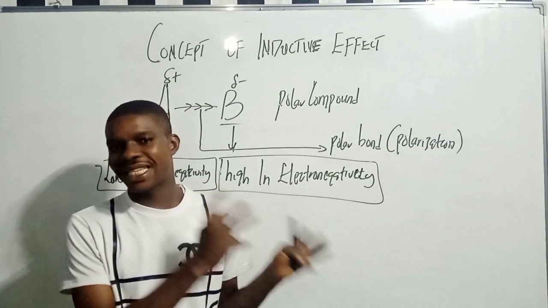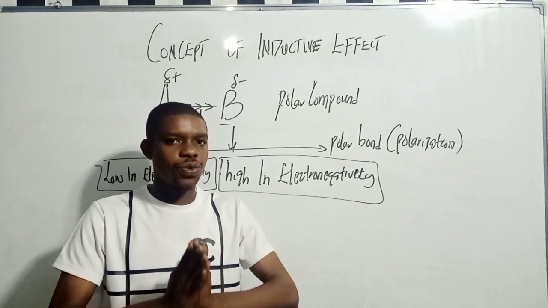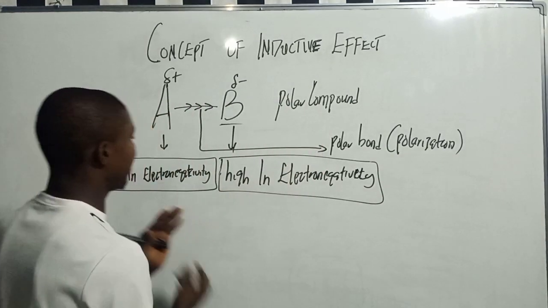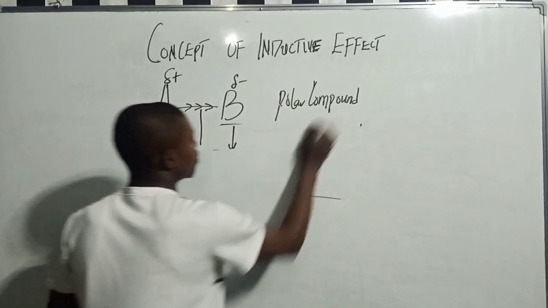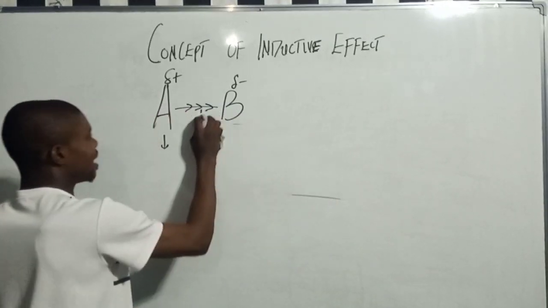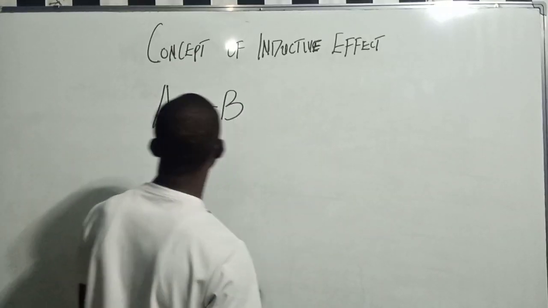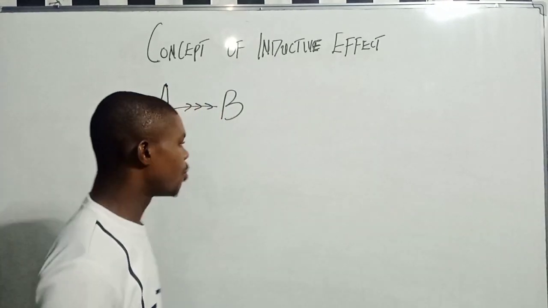You need to keep this in mind because these are the key concepts you really want to understand when it comes to the inductive effect. So if I should write on here, what are the examples of polar bonds? A good example of a polar compound is